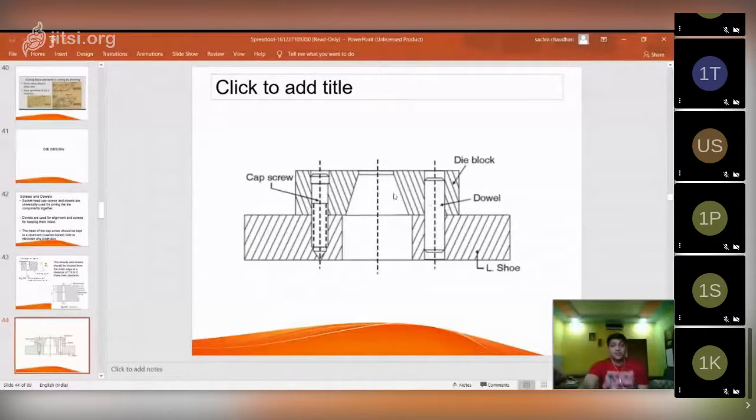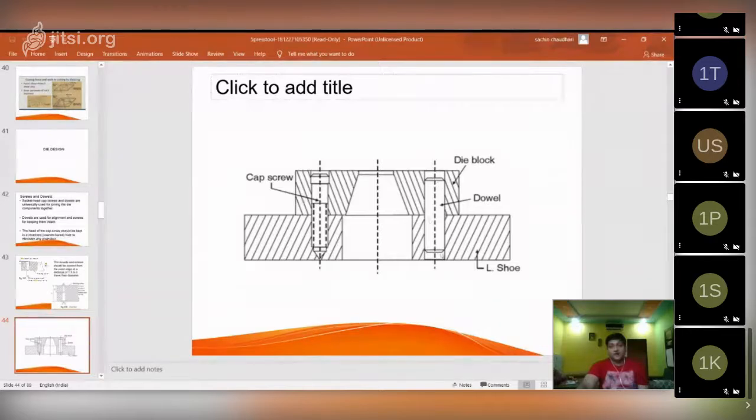See, this is a proper arrangement. This is a shoe, or you can say a bolster plate, the last one, which is bigger, and this is a die block. In this way the die block and bolster are fastened with the help of a cap screw. The cap screw head should not come out of the top surface of the die block.